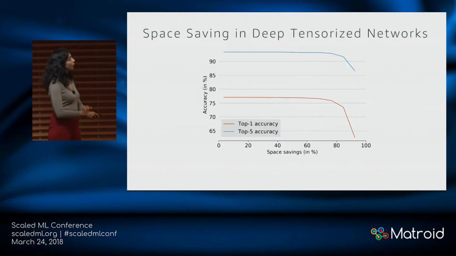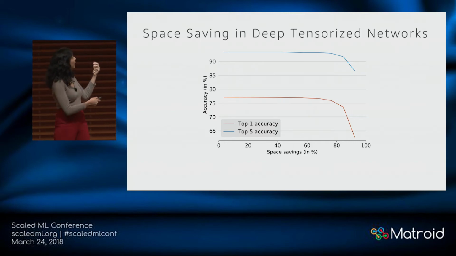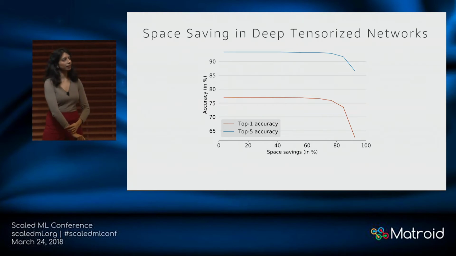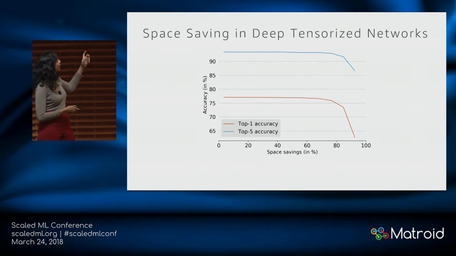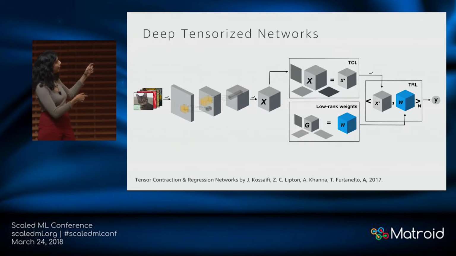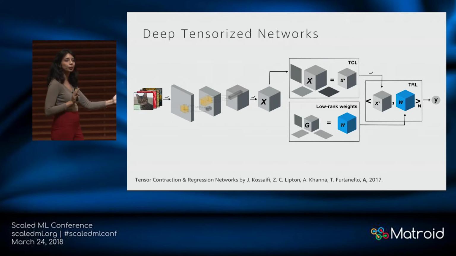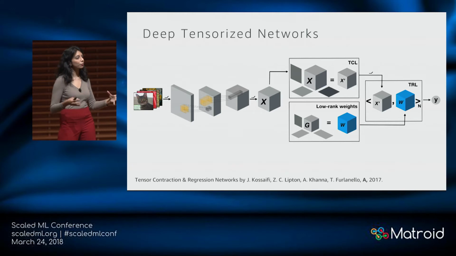So what we found was with this new architecture, we can get quite significant space saving without losing accuracy, up to almost 65% with almost no reduction in accuracy. And the idea behind this is, right, you can control the rank in these layers. So you can say what kind of rank do I want this weight tensor to have? And how much should I contract my tensor in multiple layers here?